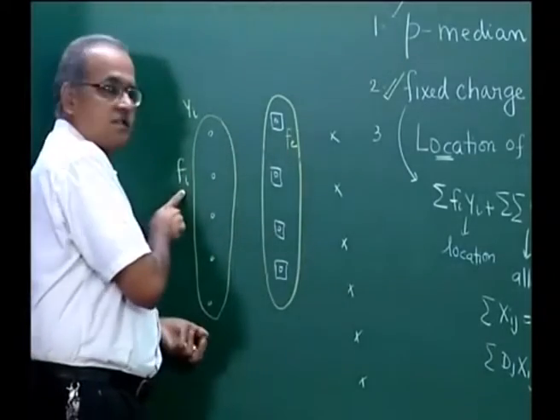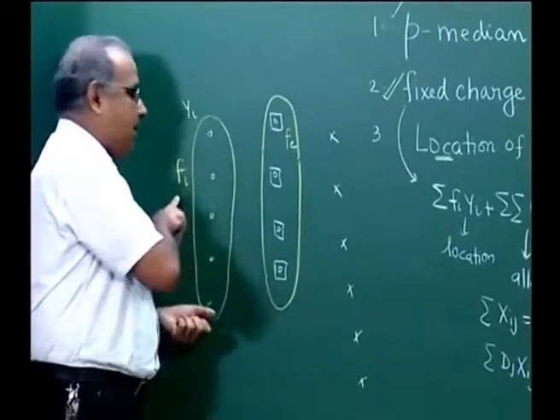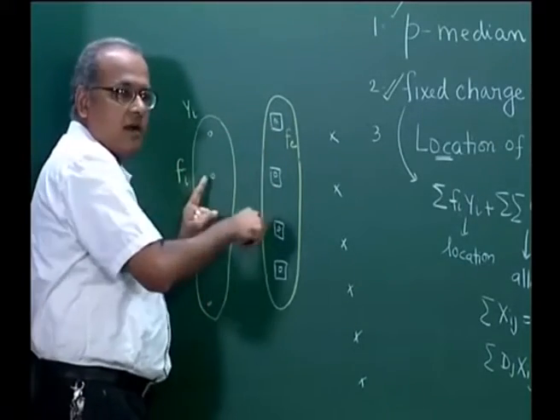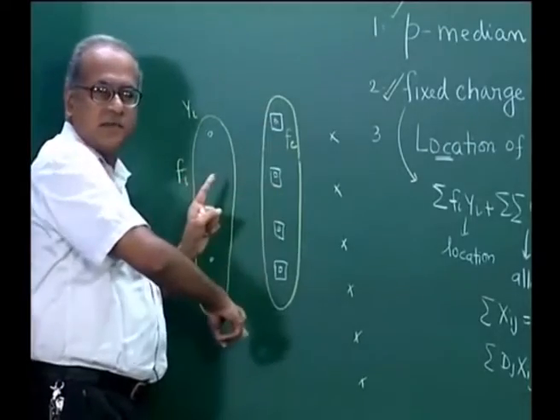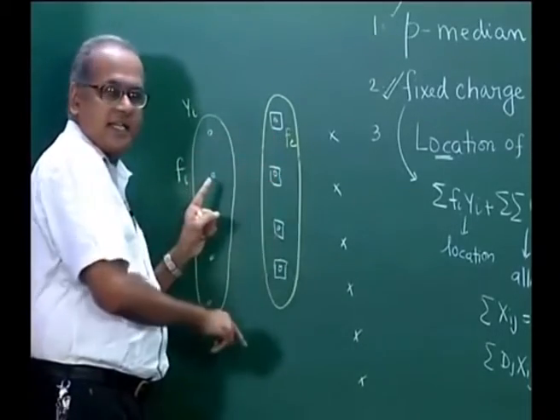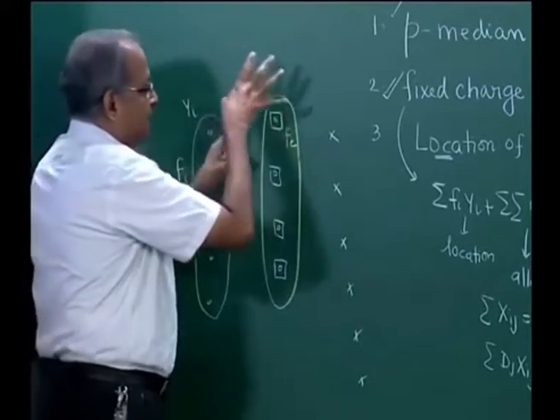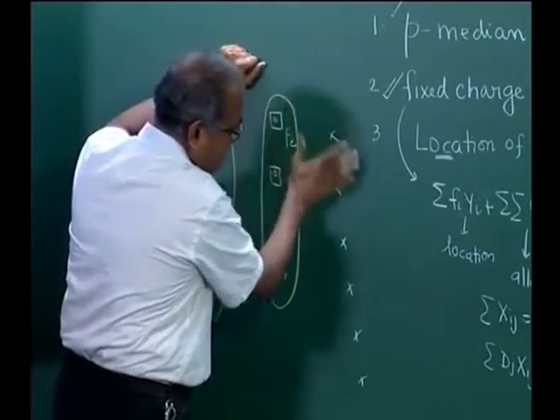Now, the moment there is a fixed cost of location here, there is a capacity. So, things have to be produced and transported only to chosen facilities, because there is a cost of creating this. Then these are transported to the chosen facilities, and from there they are transported to meet the requirements of these